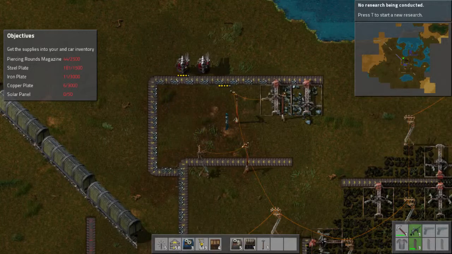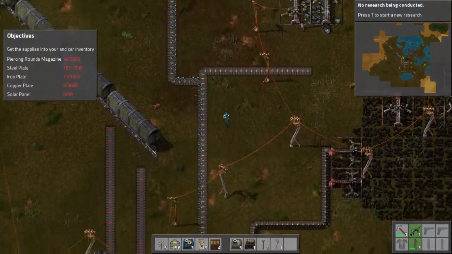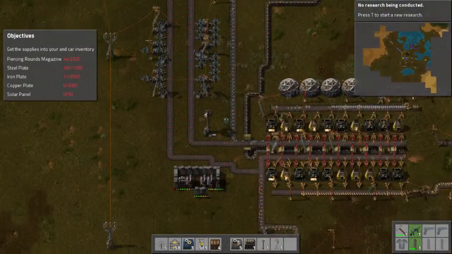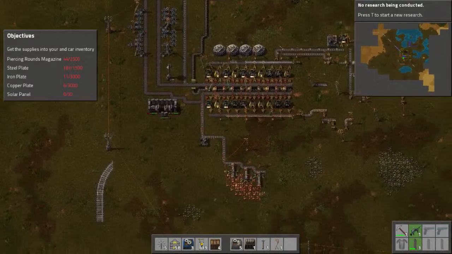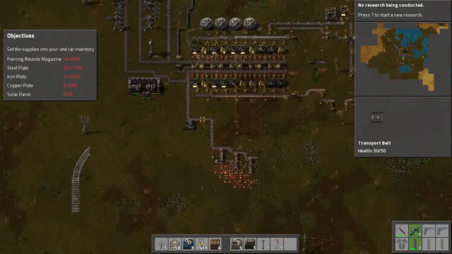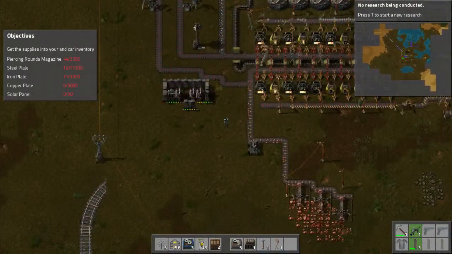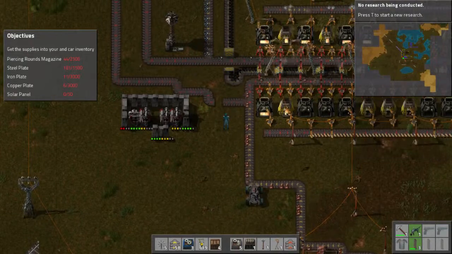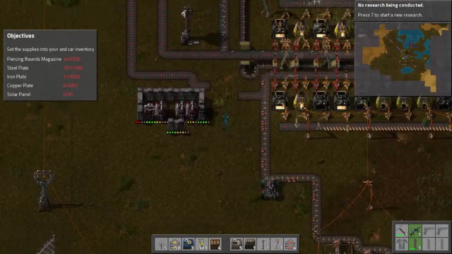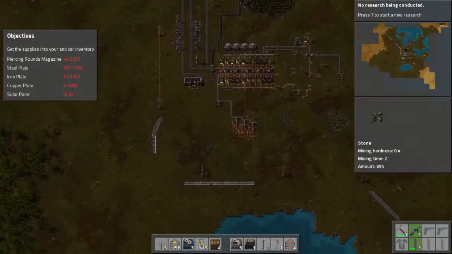Okay, so I'm gonna take some of these, I guess, kind of redundant poles here. And maybe I will try and send these around. Okay, you know what? Here's what I can do. Because we're not using that for anything. So, what I'm wanting to do...